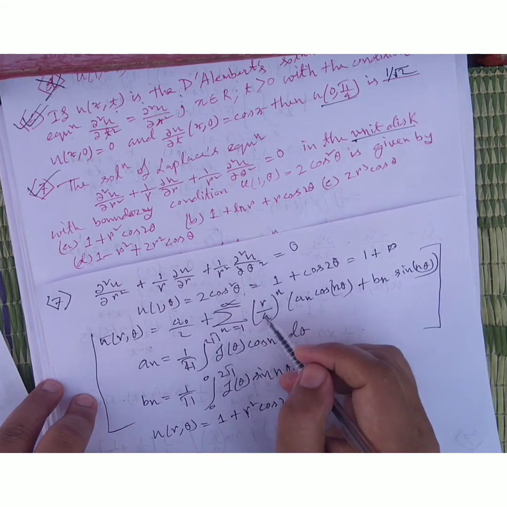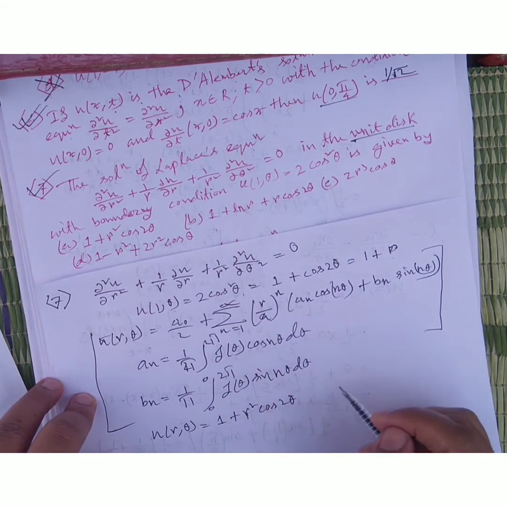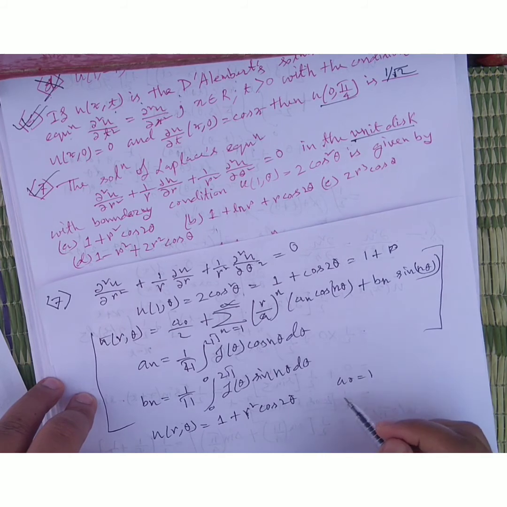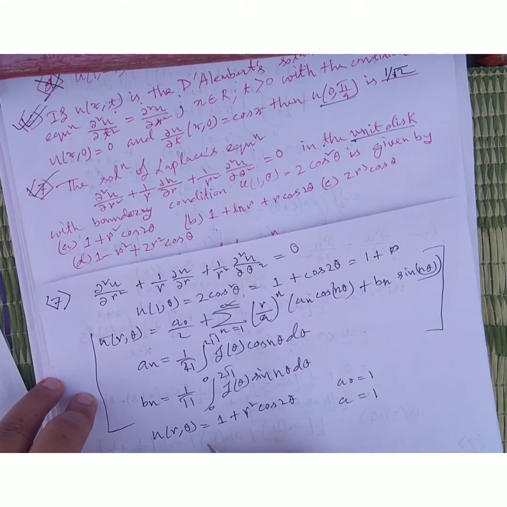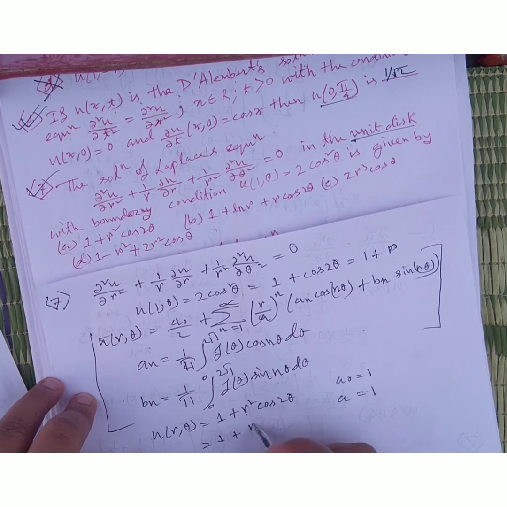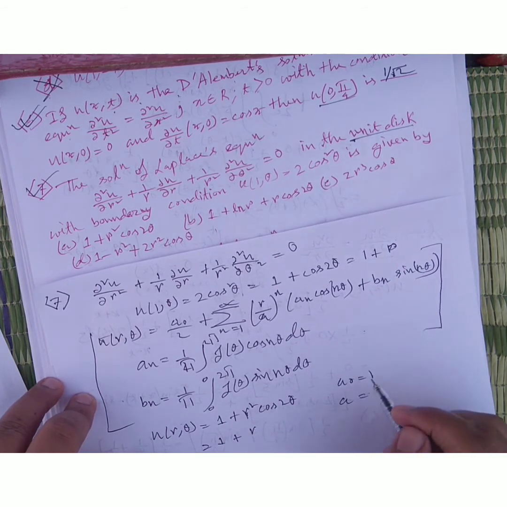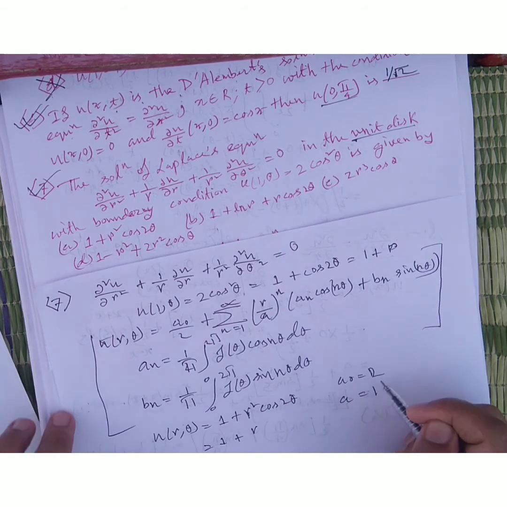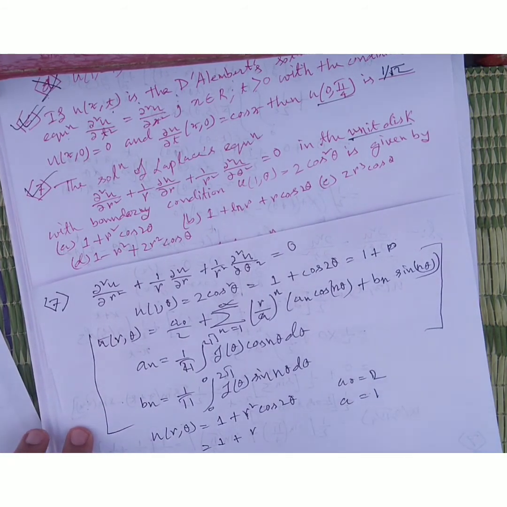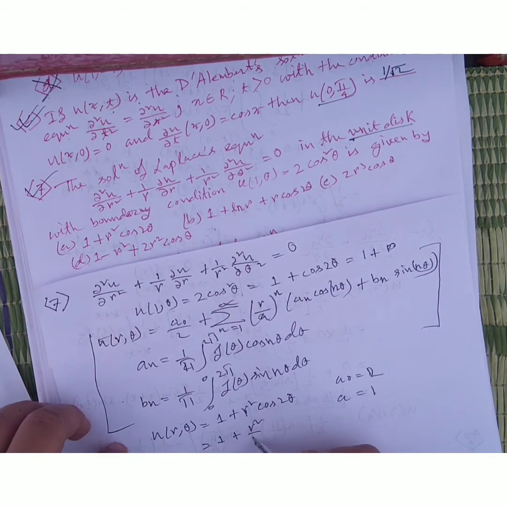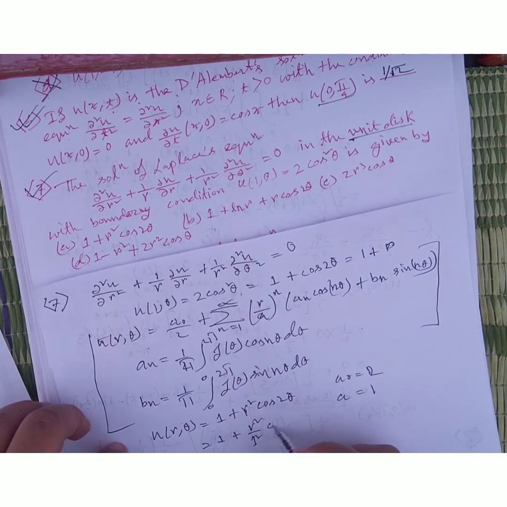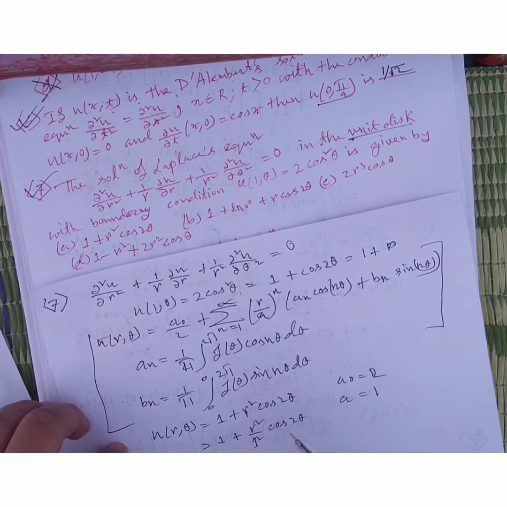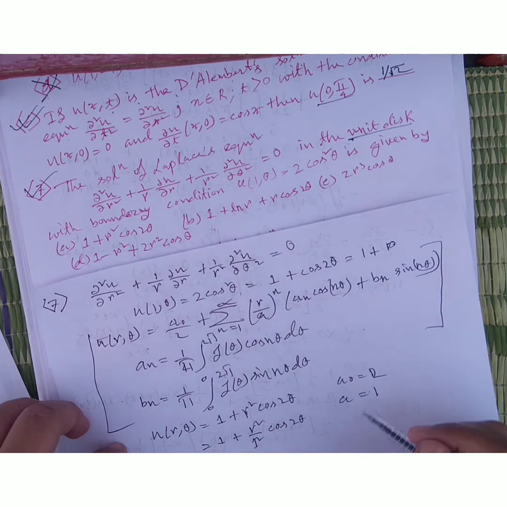Comparing this, here a is equal to 1, so a0 is equal to 2, and a is equal to 1, so it can be written as 1 plus r square divided by 1 square, cos 2θ,